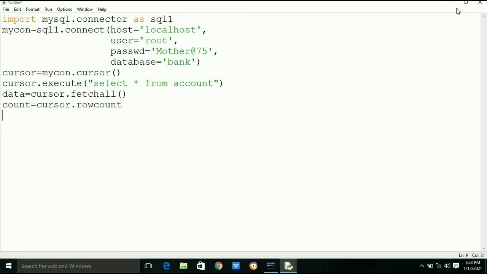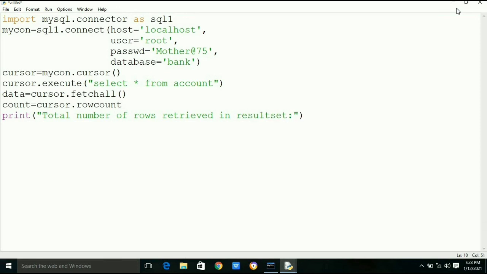So far in our case there are 5 records, so row count will be 5. Remember, the fetchall method will return all the records retrieved as per the query in a tuple form.